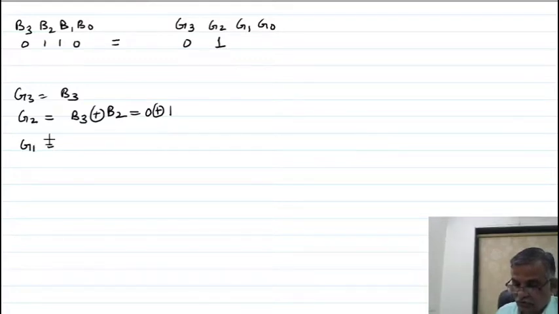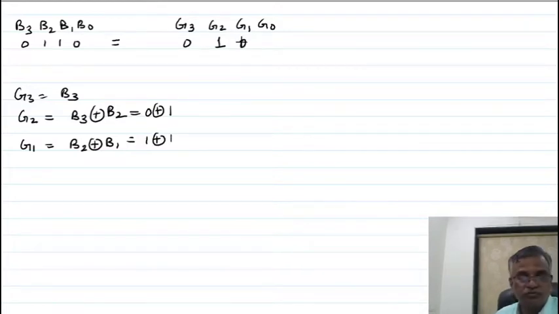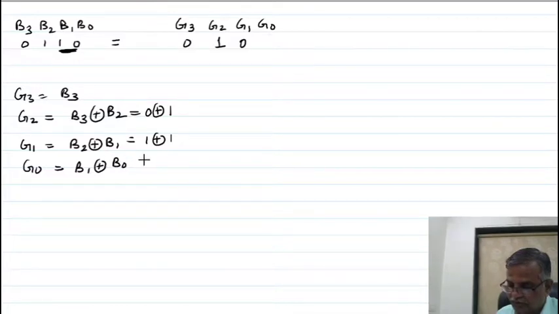G1 is the exclusive OR gate of B2, B1. So B2, B1 is what? 1 exclusive 1, so it is 0. For G0 I will take the exclusive OR function of B1, B0.